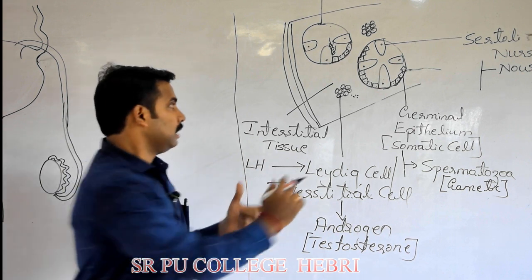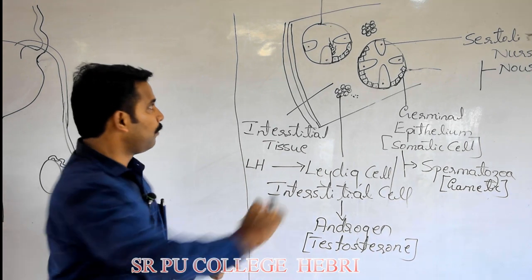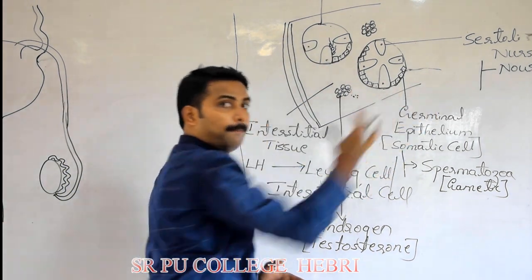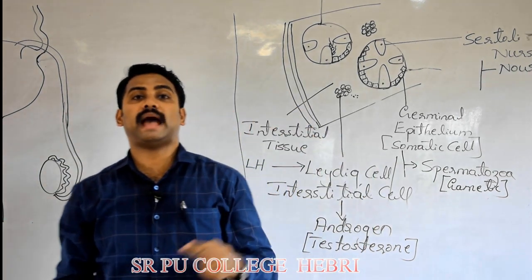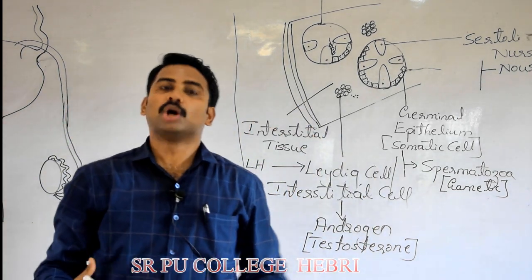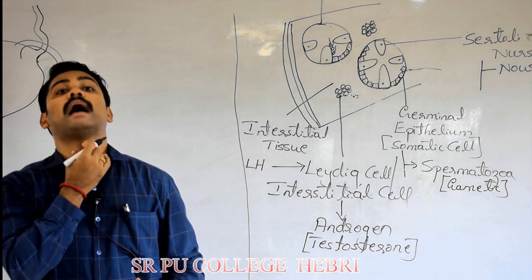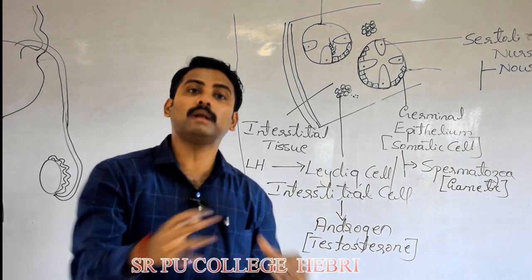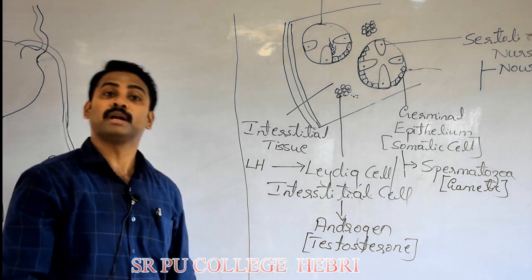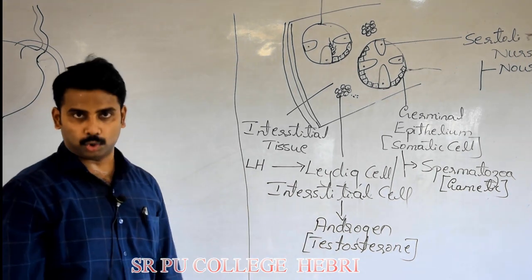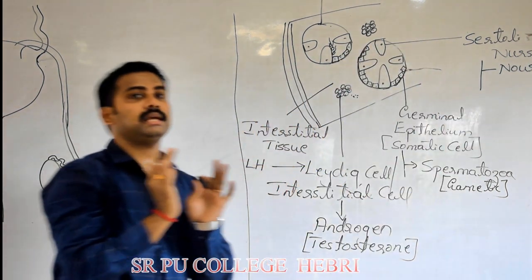Number two, this testosterone later diffuses to blood. From the testis, it diffuses to blood, and it is responsible for the secondary sexual characteristics of the male, like growth of the facial and body hair, muscle nature, the voice, Adam's apple. Am I right? All these secondary sexual characteristics are influenced by which hormone? Testosterone, nothing but the androgen. Is that clear? Now, this is all about the NCERT concept.